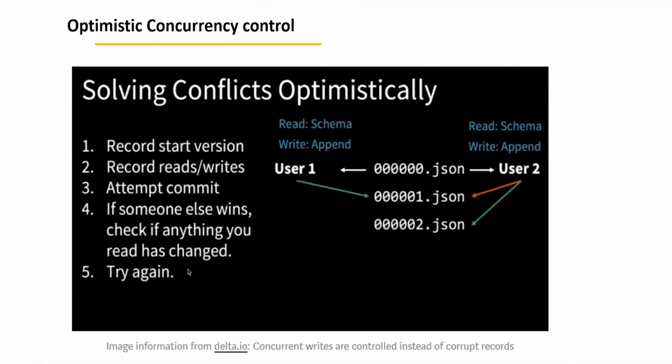Delta Lake uses optimistic concurrency control to provide transactional guarantees between writes. Using this mechanism, before committing the changes, it will check whether the proposed changes conflict with any other changes that may have been concurrently committed since the snapshot was read. Assume user 1 and user 2 are trying to append information to table 1. While reading, they read the zeroth snapshot, and when trying to write the information, it will make sure that no other changes have been made to this delta file.